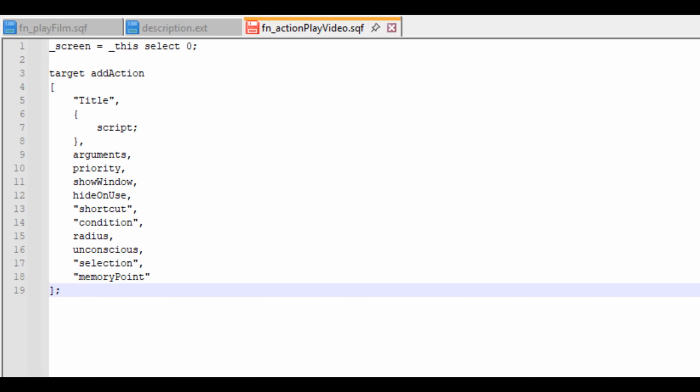target addAction [title, script, arguments, priority, showWindow, hideOnUse, shortcut, condition, radius, unconscious, selection, memoryPoint];